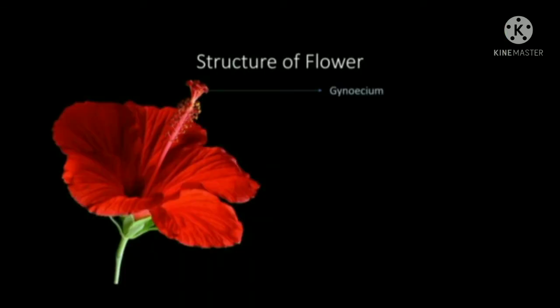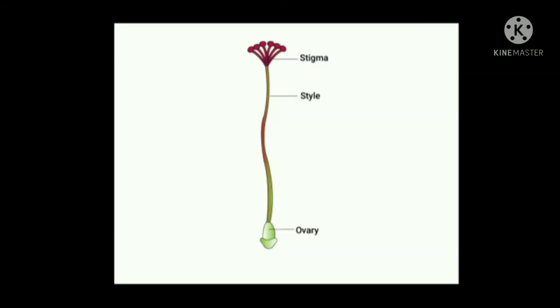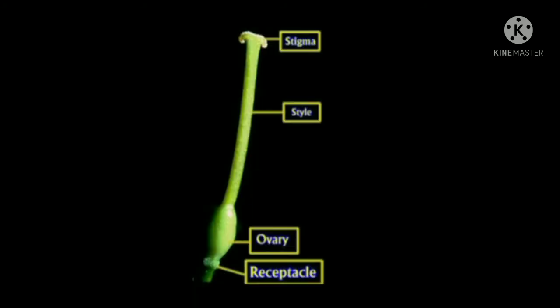The last important part of the flower is gynoecium. It is also known as pistil. It represents a female reproductive part of the flower. It consists of 1 or more units of carpel. Carpel consists of 3 parts. They are the swollen basal part called ovary, the slender middle part is called style, and the stigma, which is